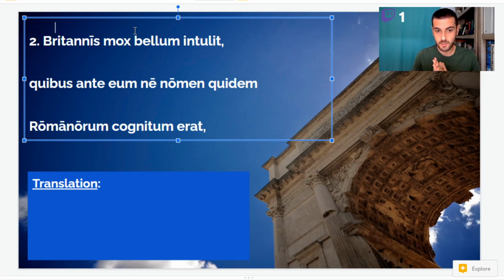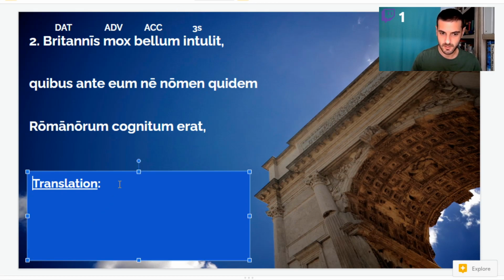Britannis could be ablative, could be dative, but this verb infero means to bring bellum, to bring war to a certain group of people. So when you see bellum infera, it usually has a dative nearby. So he, Caesar, right? He brought war. We don't really bring war to people. You bring war on them. Wage war on them. He brought war